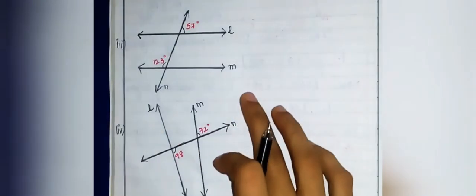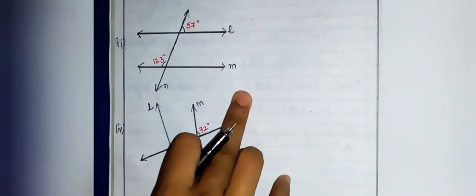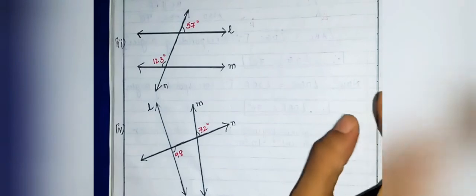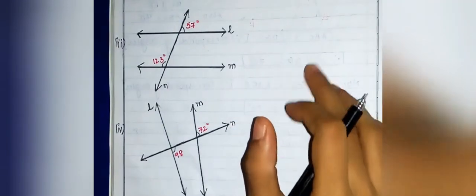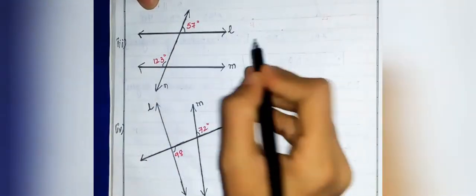Now this third and fourth figure, this third one is given to us and the fourth one is given to us. These two you will try yourself. So this is your homework, and if there is any doubt, just let me know. This you will do yourself. Here also you can use property. Orally we will discuss it.